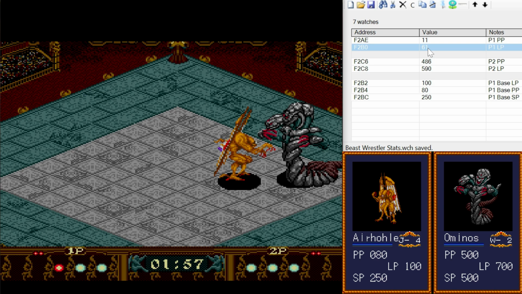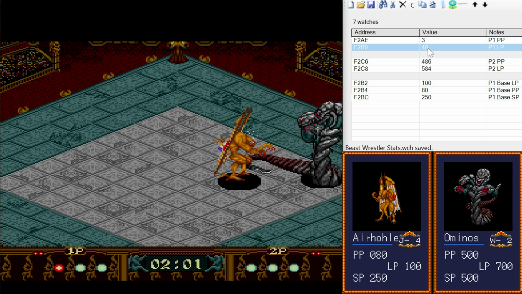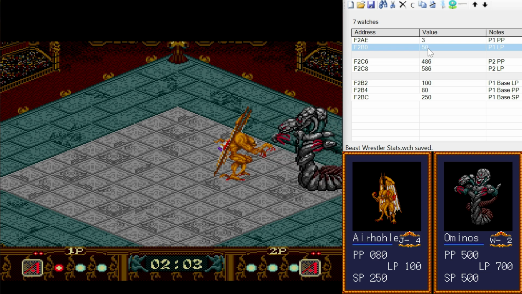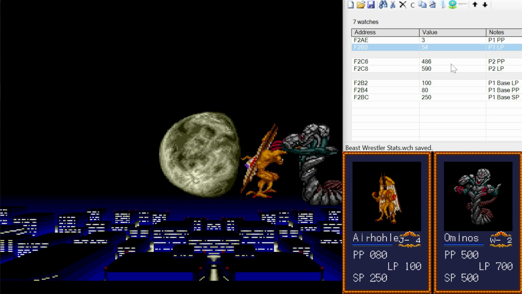But there's a very important fact about power points. Now, I should mention supers, but before I do that, I'm going to lower Airhole's power to, let's leave it right there at 3. Now, Airhole's super not only deals damage to his own life, but it also deals damage to his own power points. And you can see right now he's at 3 power points, so if I do his super right now,